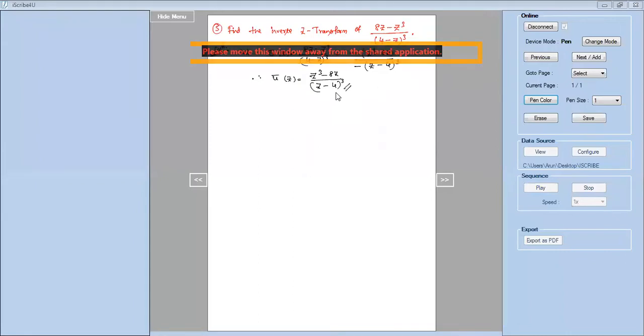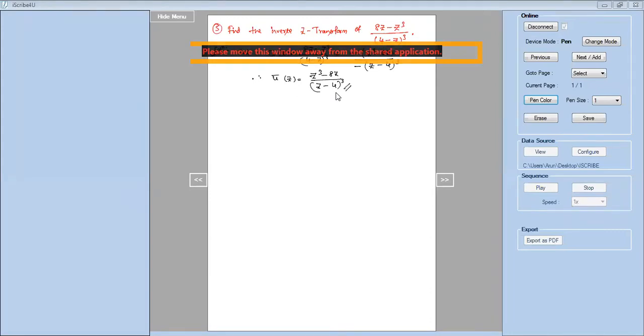because for terms like z minus 4 whole square, whole cube and all, in the numerator you should have some terms like z, k z square, for z minus 4 power 1. In the numerator you should have only z. Z minus 4 whole square means in the numerator also you should have z. Whole cube means in the numerator you should have a term like z square and z. So just go through the formula table of your z transformations.